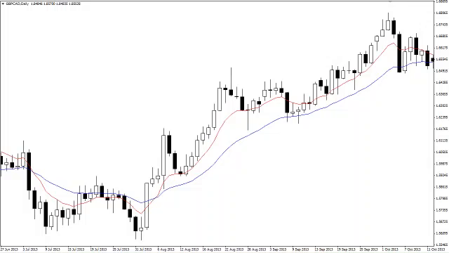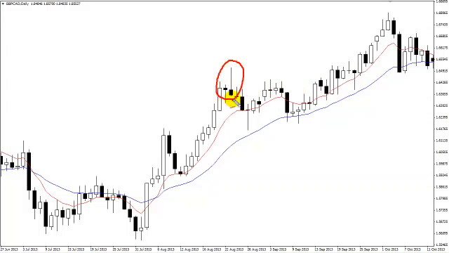The most common question I get when it comes to pin bars is how do I know when to trade one and how do I know when to stand aside? So in order to show this, I've got a few examples set up. And the first pin bar I want to take a look at here is going to be this bearish pin